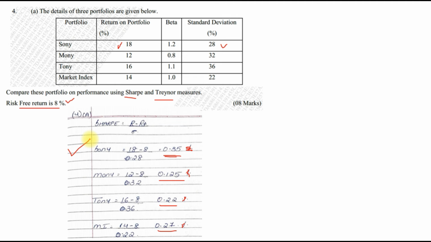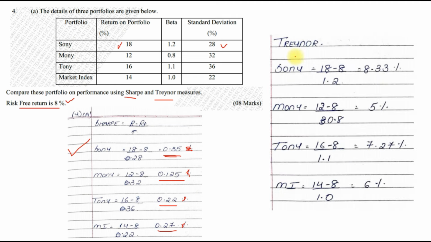Same way for Treynor, we have to apply the Treynor formula. We'll first note it down. It is a similar formula. You have return minus risk-free return. The only thing is it is upon beta. So 18 minus 8 upon 1.2, 12 minus 8 upon 0.8, 16 minus 8 upon 1.1, and 14 minus 8 upon 1. So when you divide,